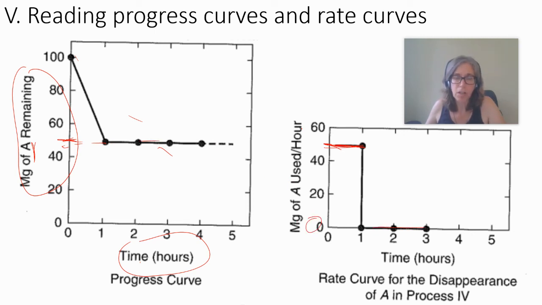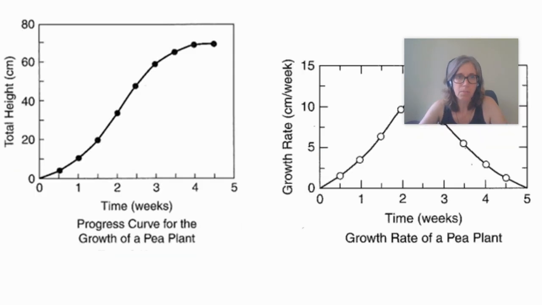That goes down to 0 milligrams per hour. So these two graphs show you exactly the same thing, but it's displayed in a different way. So be very careful of what you're looking at. One is just milligrams of A remaining, the other is milligrams used every hour. So this one, you can calculate the rate from the graph. This one is showing you the rate right on the y-axis. Okay, the next one,